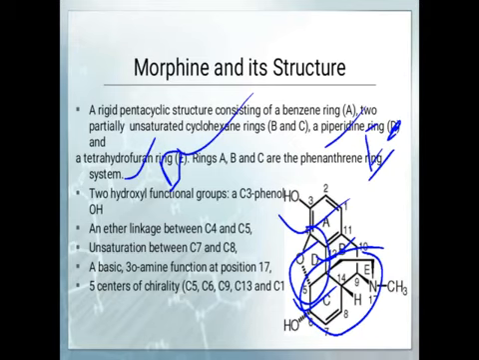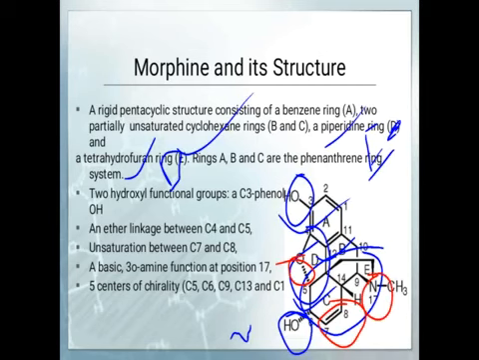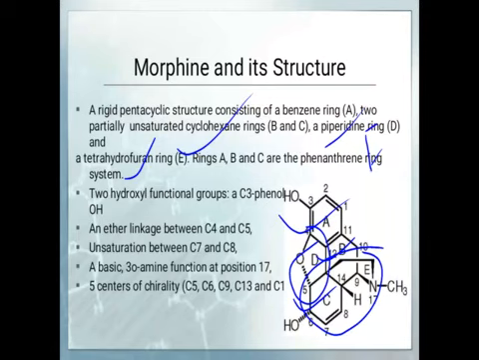Then two hydroxy groups are present. One is the C3 phenol, another one is the C6 alcohol. The C3 phenol is in the plane, while the C6 hydroxy is shown by the dotted line, so it is out of plane. Then an ether linkage is present between C4 and C5. Then unsaturation between C7 and C8 takes place. The basic tertiary amino function is present at the 17 position. So these are some important factors regarding